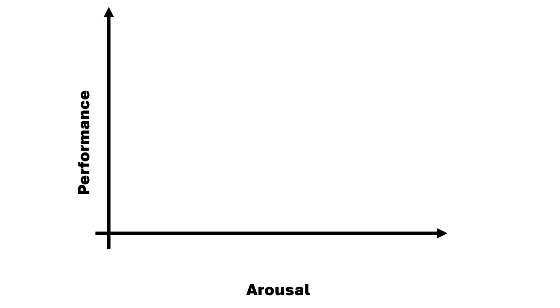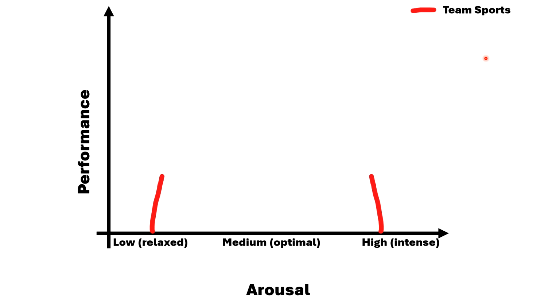Let's have a look at arousal, okay, and compare it to performance. We can have low arousal, medium arousal, or very high arousal, and let's see how it impacts performance in different types of sports. So starting with team sports, we're gonna want to have a medium level of arousal. Arousal being like the excitement, how emotional the situation is, okay? So for team sports, we don't want the arousal to be too high, okay? Because then we can't focus on team tactics, but we don't want it to be too low because then we can't perform physically, if that makes sense.